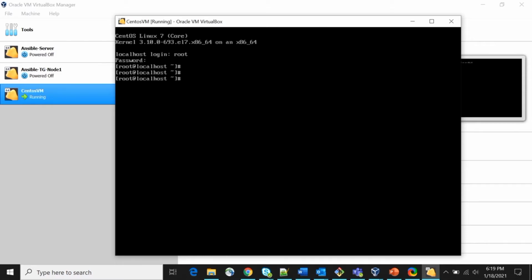First thing, you can change the hostname here, in /etc/hostname.